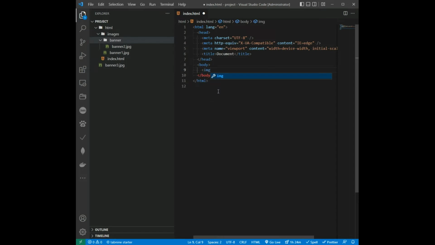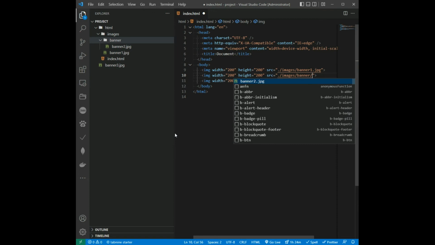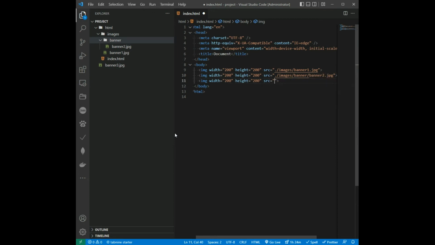So I create an image tag and set width and height, and src, copy, paste and paste. So banner 1 in images folder, so dot and backslash and images folder and banner 1, and banner 2 in images folder and banner folder, images folder, banner folder and banner 2, and